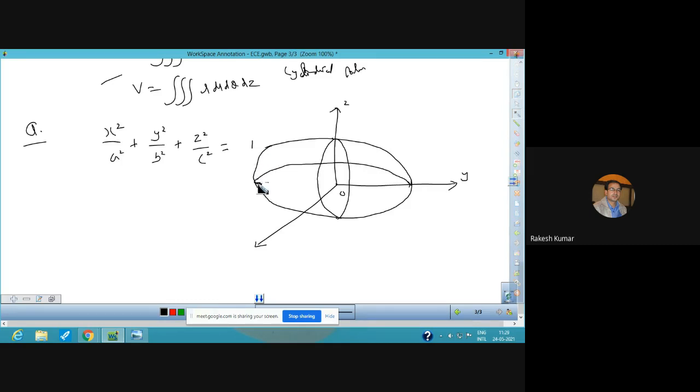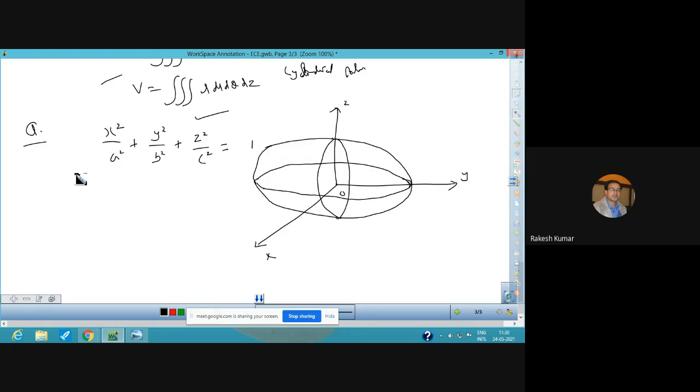Now this is the sphere I am getting. This is along the y-axis. This is along the z-axis. Similarly, there will be a sphere along the x-axis also. This is your x-axis. So within the ellipsoid, you will have spheres. There will be a portion that can be cut in the form of a sphere.